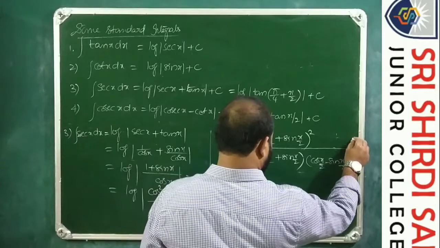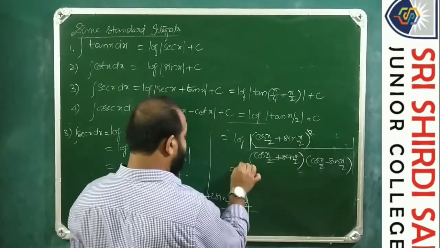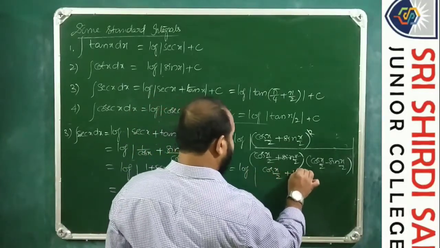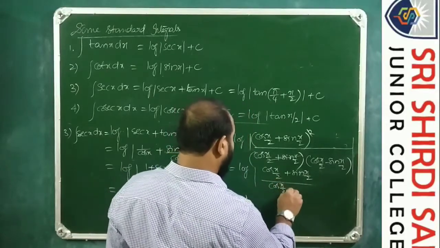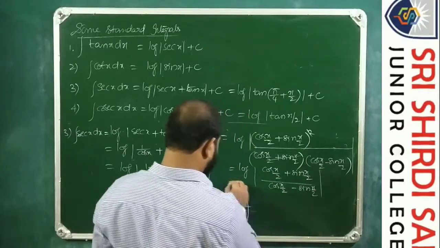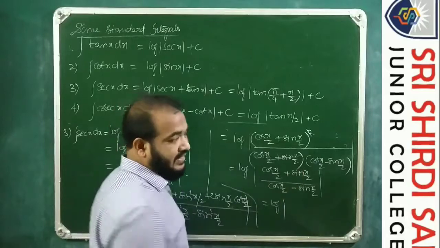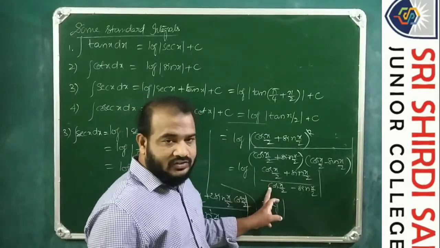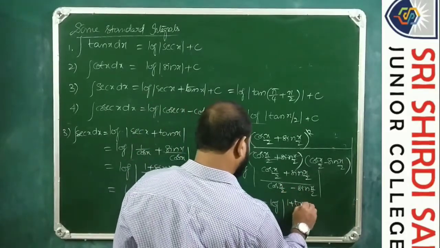So this and this get cancelled. So log of cos x by 2 plus sin x by 2 by cos x by 2 minus sin x by 2. If you divide by cos, cos by cos is 1 and sin by cos is tan. So this is 1 plus tan x by 2